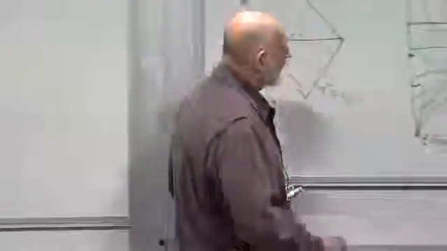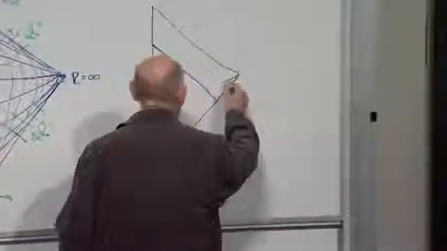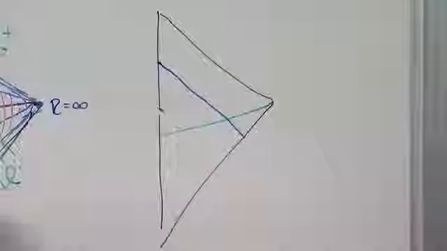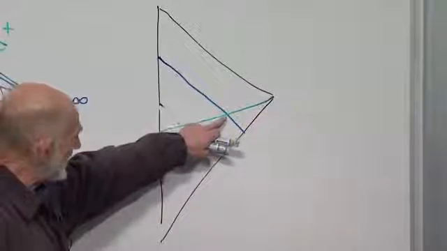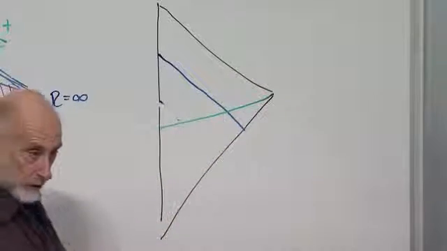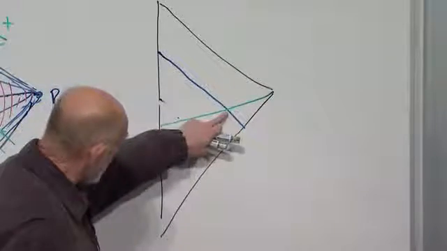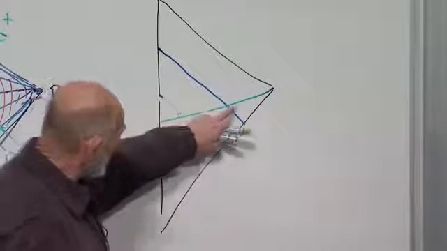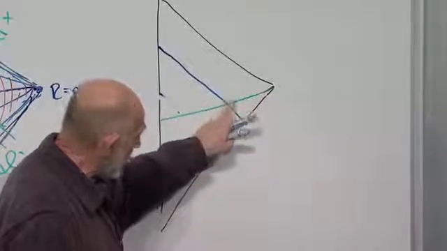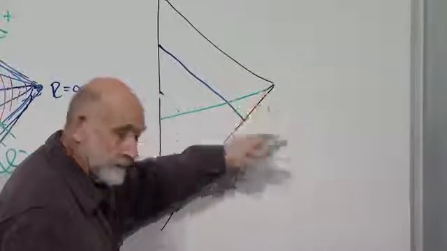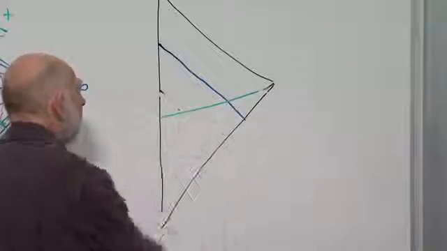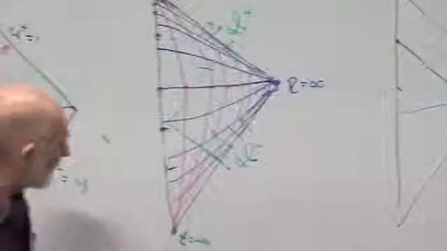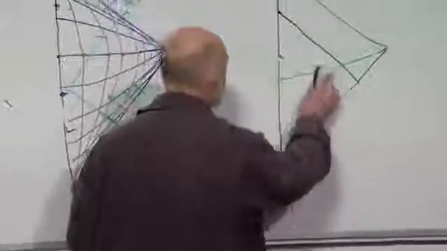So that's easy. Here's a line at constant time. Where is the interior of the shell? The interior region, interior to the shell, is the part of the space-time that's inside the shell near r equals 0. The part of the space-time that's outside the shell is out beyond the blue line, out here. Here's the incoming shell, and what does Newton's theorem, or the general relativity version of it, say? It says that on the interior of the shell,